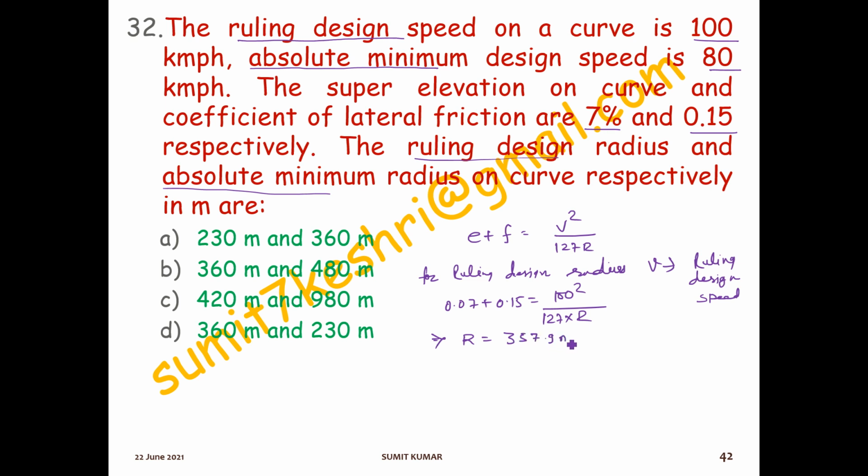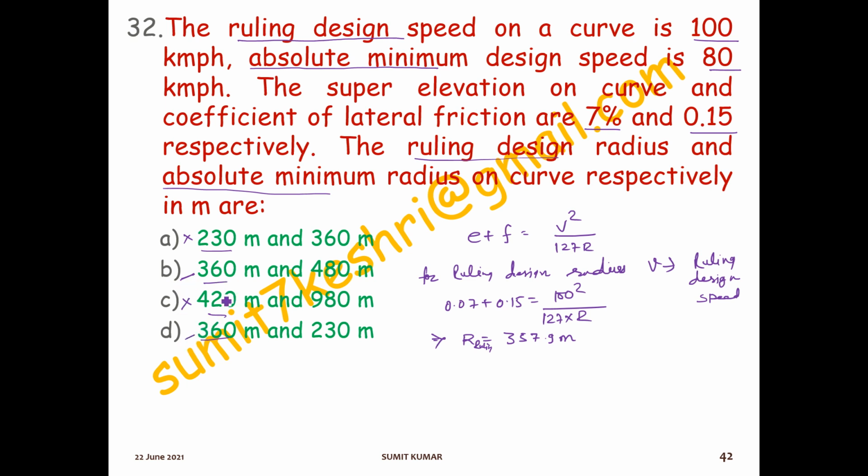357.9 meter. In the options you can see there are 230, 360, 420, 360. So this 357.9 is approximately equal to 360, and here 360 comes. So option C and A will be cancelled out because this ruling R comes as 357, which is nearly equal to 360. So either option B or option D will be your right